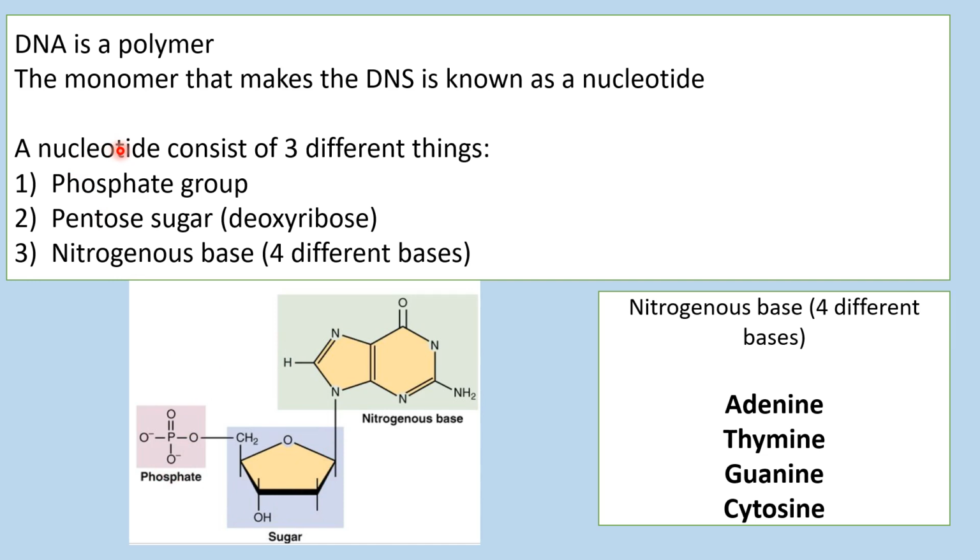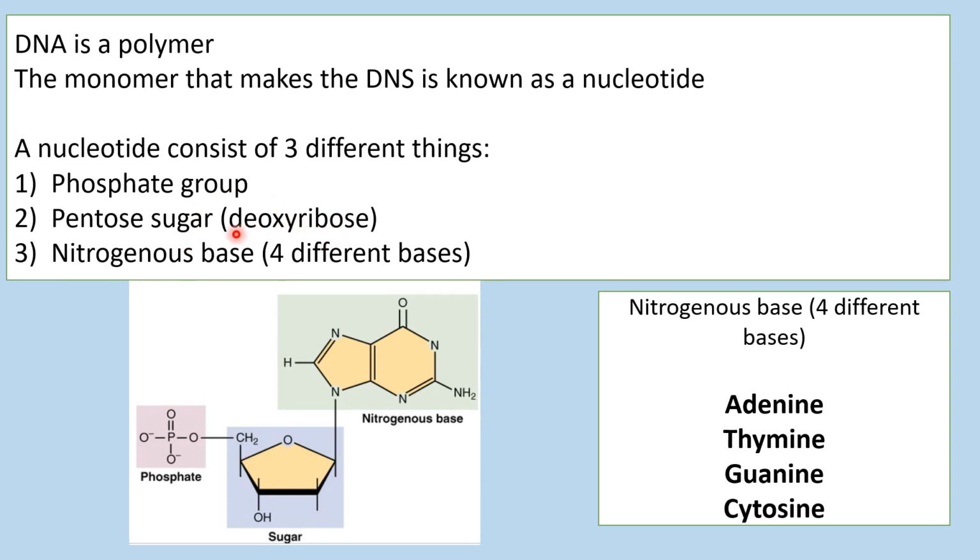A nucleotide consists of three things: a phosphate group, that's my phosphate group here, and a pentose sugar. This is my pentose sugar. You can see there's a 5 carbon. Now, it's got 6 carbon actually, but the shape is pentose. So it's a sugar, so it's C6 carbon, but the shape of it, as you can see here, has 5 sides. 1, 2, 3, 4, 5. It's a pentose sugar. But for A level, we need to know the name of the pentose sugar: